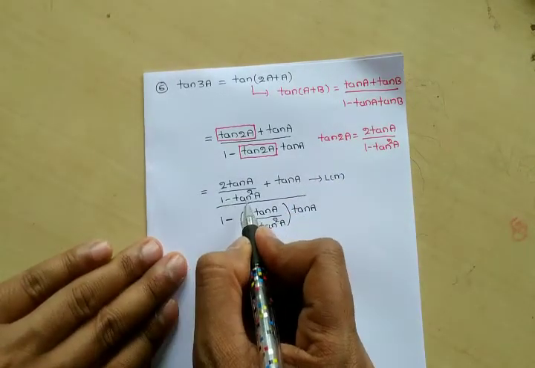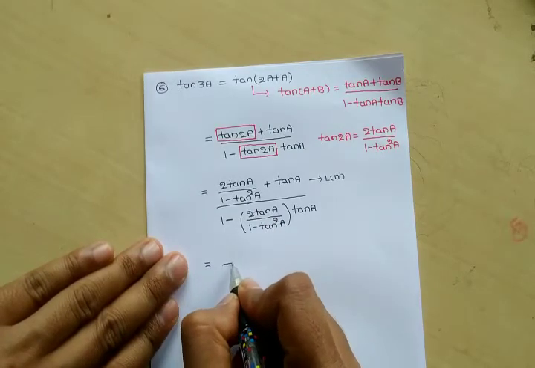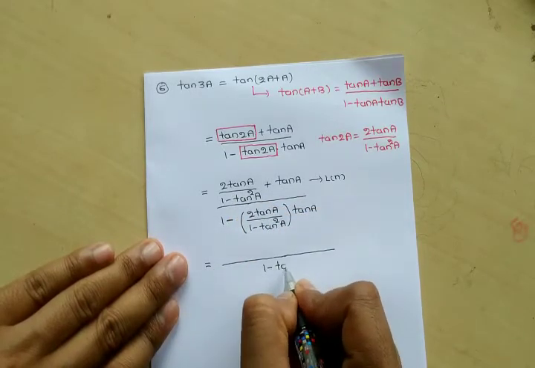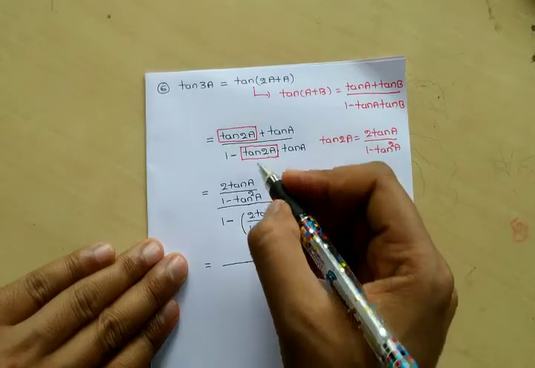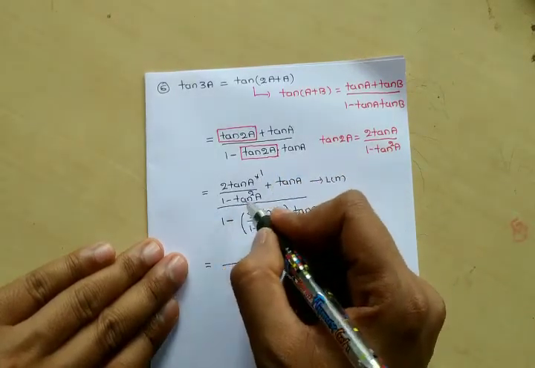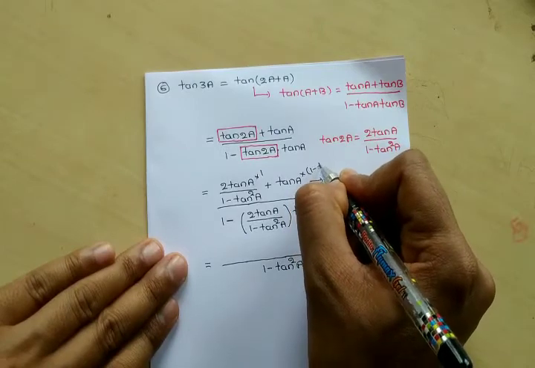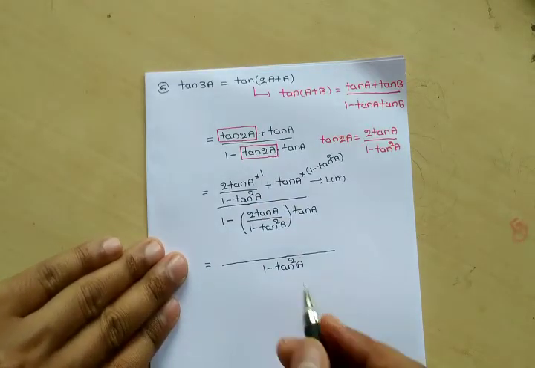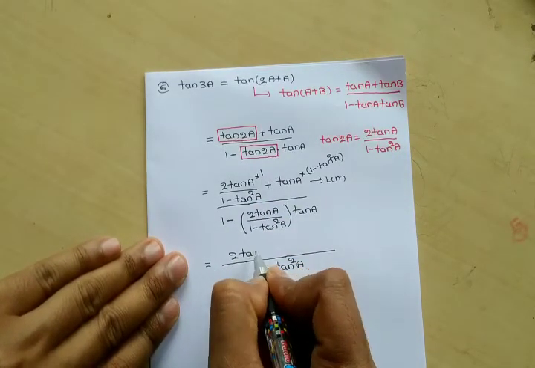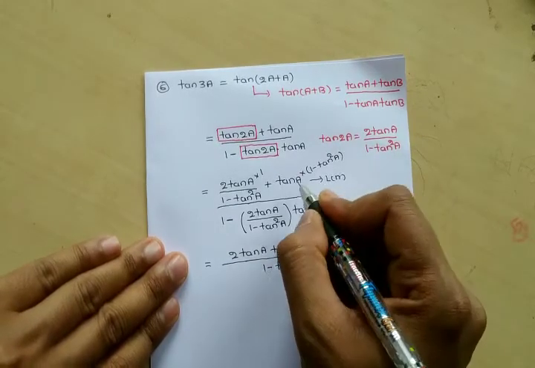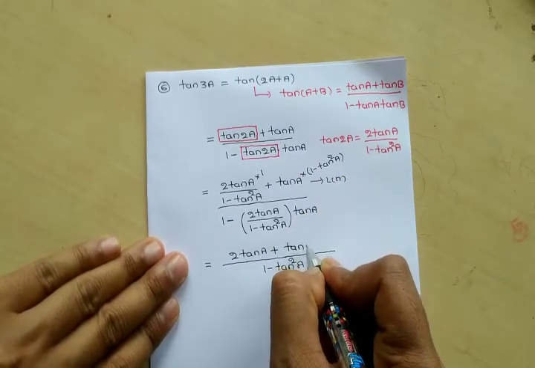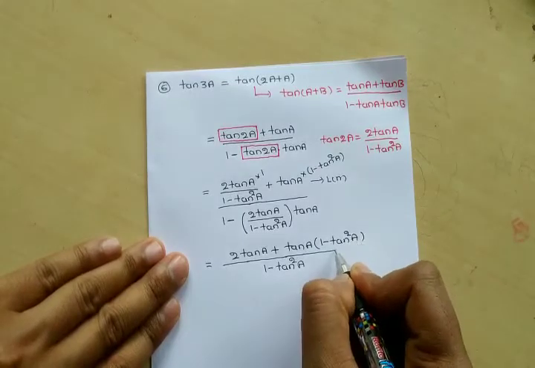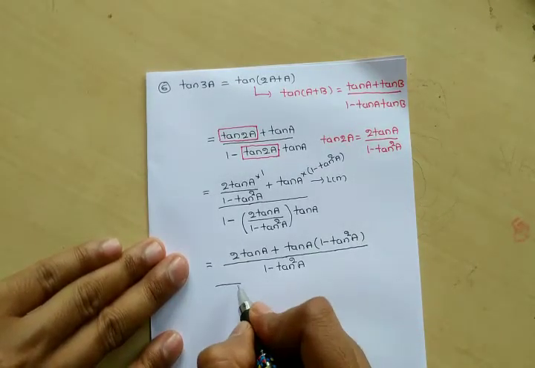So here LCM is 1 minus tan square A. So in the numerator I am going to write the LCM, 1 minus tan square A. So that time here you need to multiply by 1, already it is there. Here you need to multiply by 1 minus tan square A. So 2 tan A into 1 is 2 tan A plus, these two values keep as it is, tan A into bracket 1 minus tan square A. Next, whole divided by,